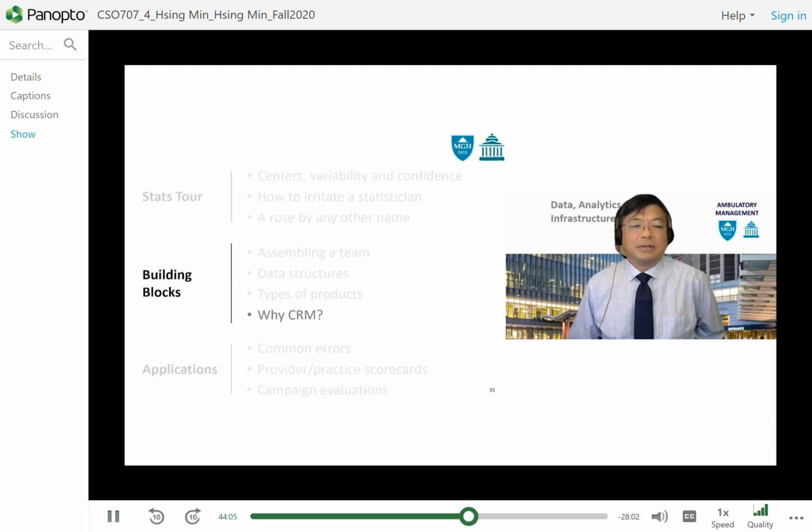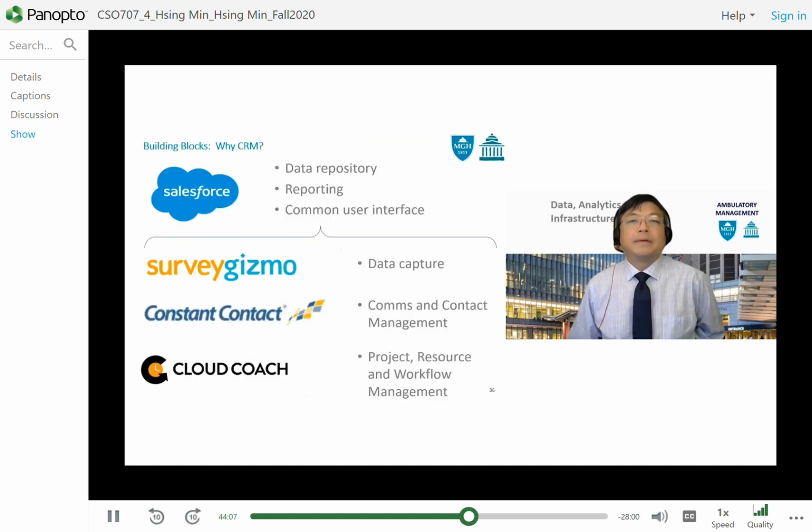Last for this section, CRM. We have implemented a customer relationship management platform in ambulatory management. In particular, we're using Salesforce. The purpose of CRM, in general, is to optimize behavior through managed integrated communication of the right content at the right time, to the right target, to the right channel. And that sounds awfully like what ambulatory management boils down to, because we're not actually giving medicines or anything, but we're communicating to people,